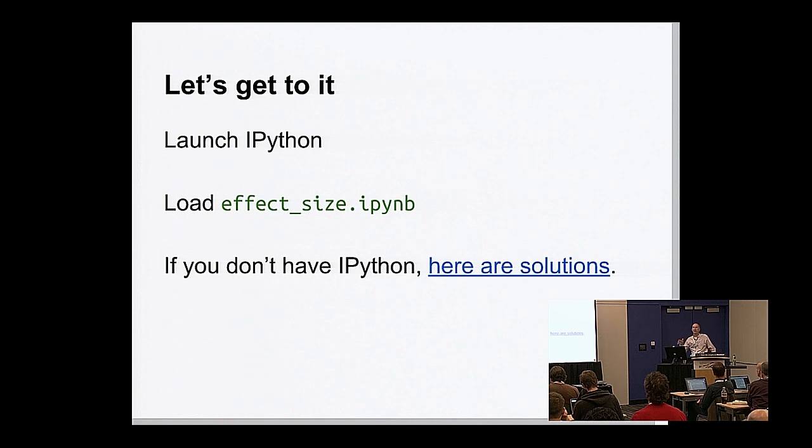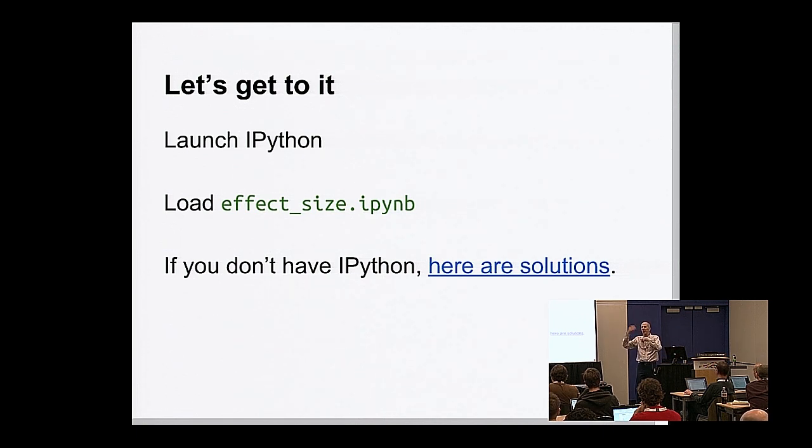So here's the idea. Download my repository. There should be a file in there that's called effectsize.ipynb. That's the IPython notebook. Launch IPython, open up that notebook, and the way the workshop is going to work, I'm going to talk for a little while, and then you guys are going to work. If you read through the notebook, there are a bunch of cells there that you can read about. They show you some examples, and then there are a couple of exercises. You should go until you get to the point that says stop here. When you get to that point, you should stop.